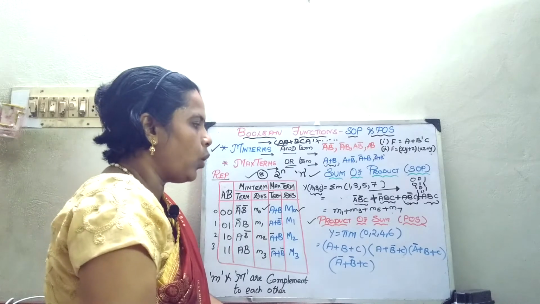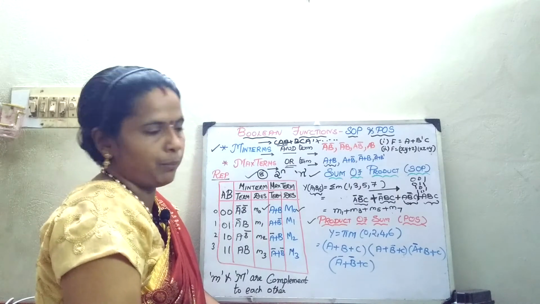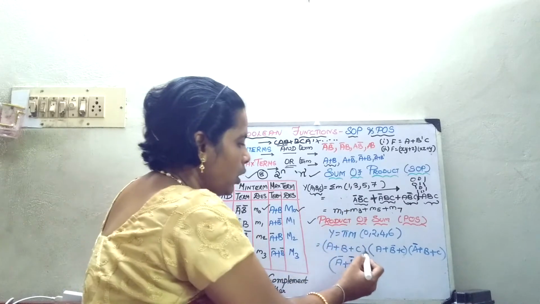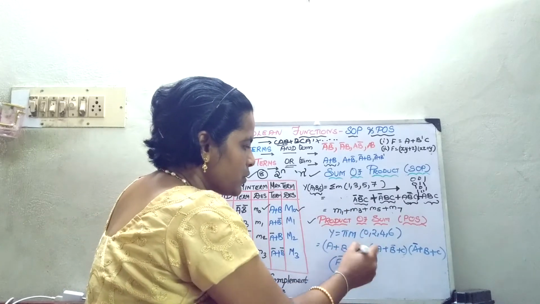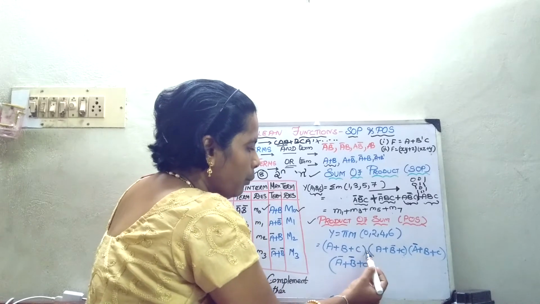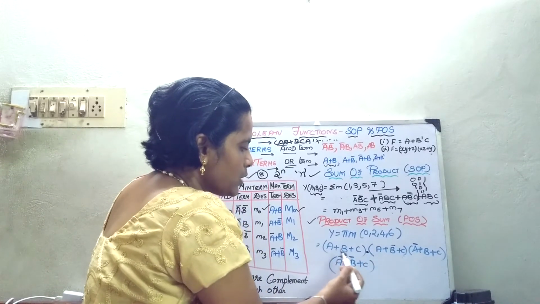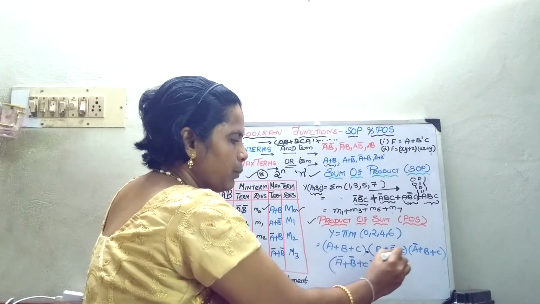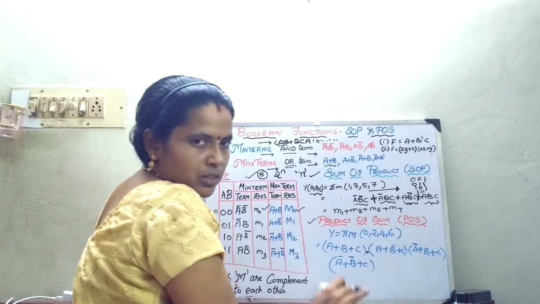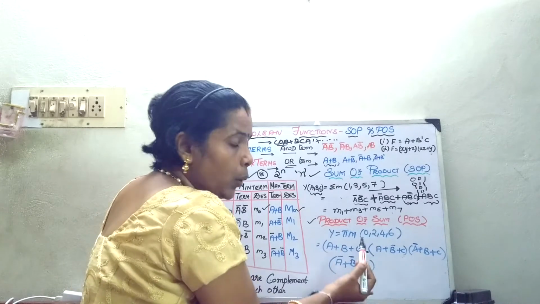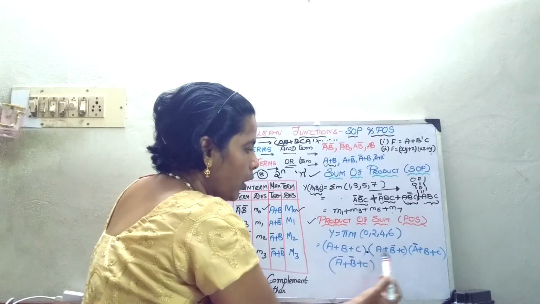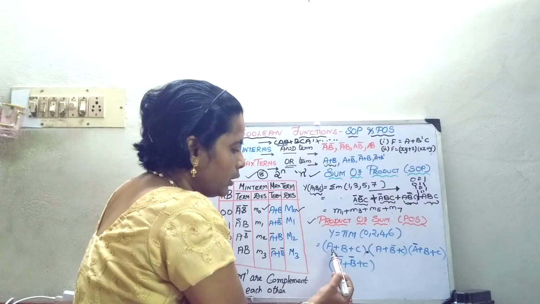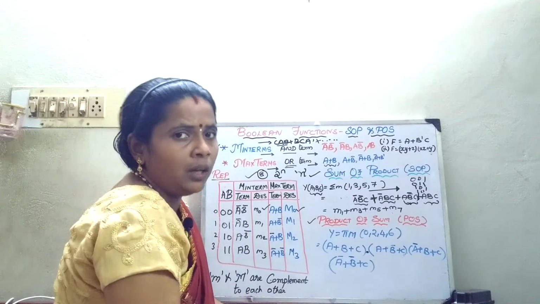Now we will move on to your product of sum. Okay, that is when I say it as a product of various sums. So first, if I am going to have 4 terms, first put 4 terms product of various. You first write, put 4 brackets and write A plus B plus C, A plus B plus C, like that, you write 4 times first. Okay, now how is it resembling the outline? Product of various sums. Okay, you have written in terms of sum form, so that represents your max term.